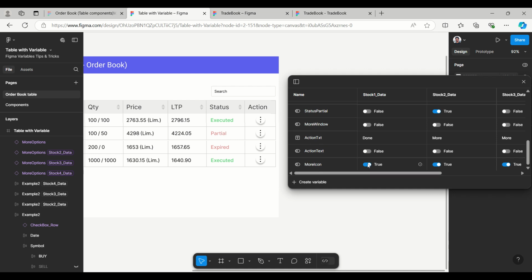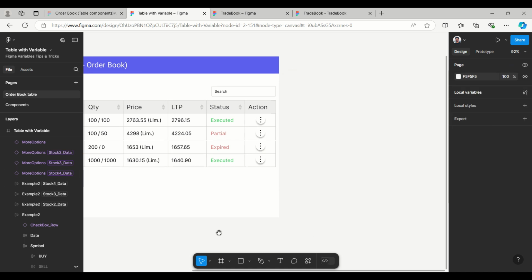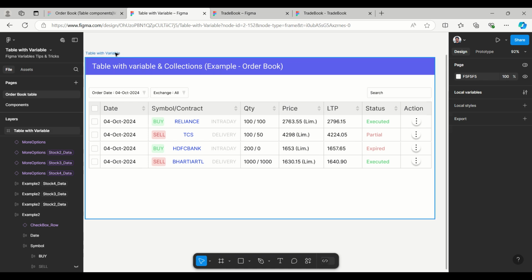So this is the more icon. If you don't want this, you can make it false, and here is the text for this action, you can make it true. So this has multiple interactions here, and if you run or present this,